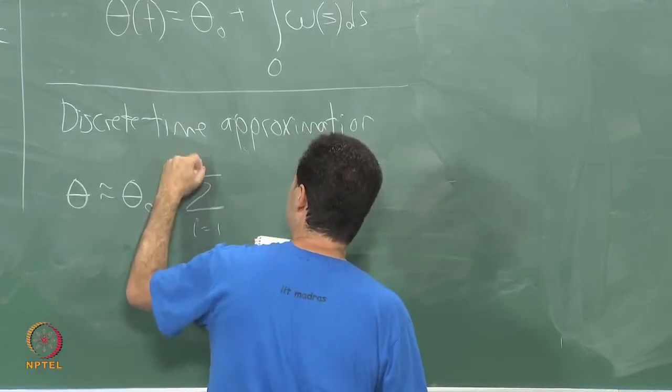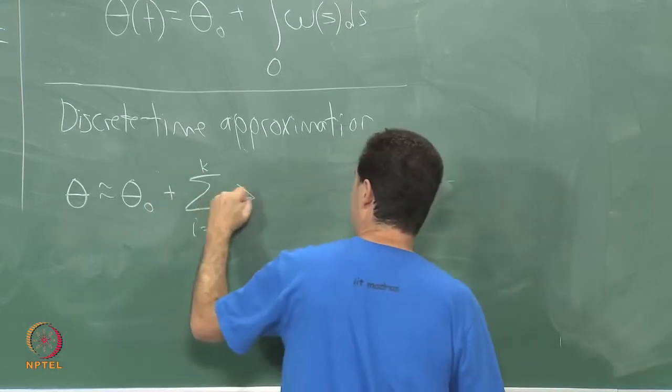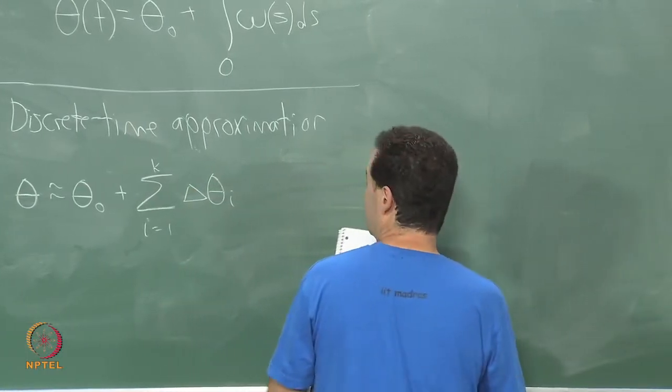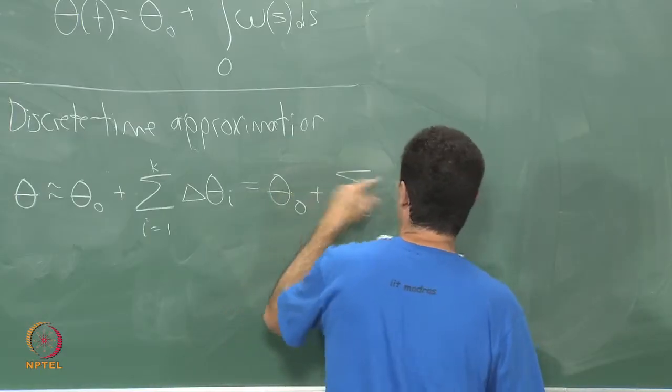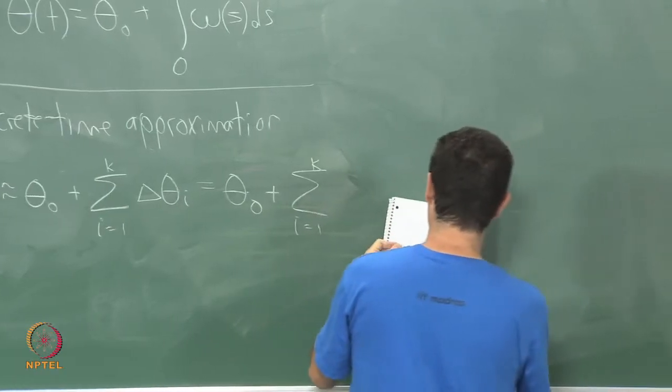I goes from 1 to, let's say, k, some step delta theta sub I, which I will just use some change in notation, say that's equal to, again starting at theta 0, I goes from 1 to k of